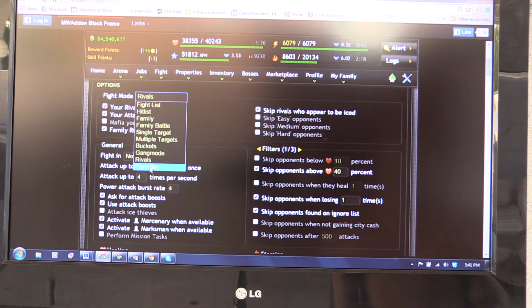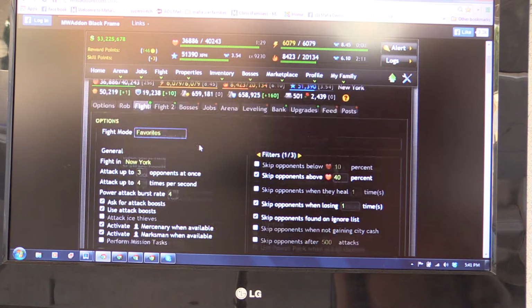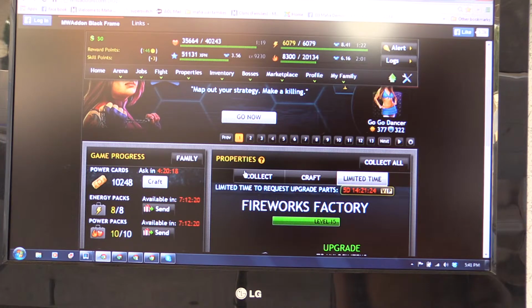And the last one is favorites. This is going to be a little harder for some of you guys because not a lot of you guys are familiar with favorites or familiar with demon. So, easiest way to do it is,